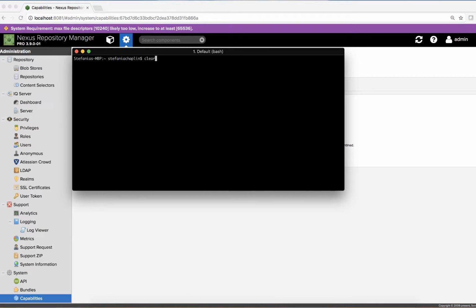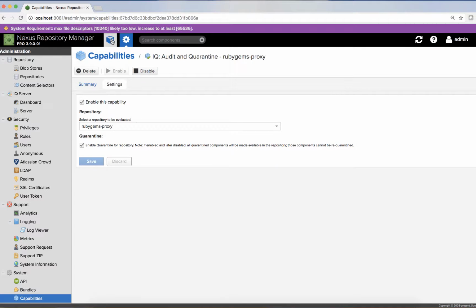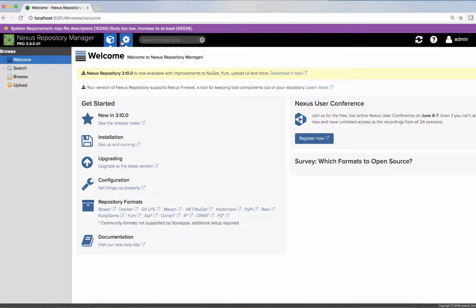If I go into my terminal, what I'm doing here is installing a gem, and you can see immediately the requested item is quarantined, and I get a 403 error. It's also pointed me to my RubyGems proxy repository on my Nexus repository. If I go back to my repository,